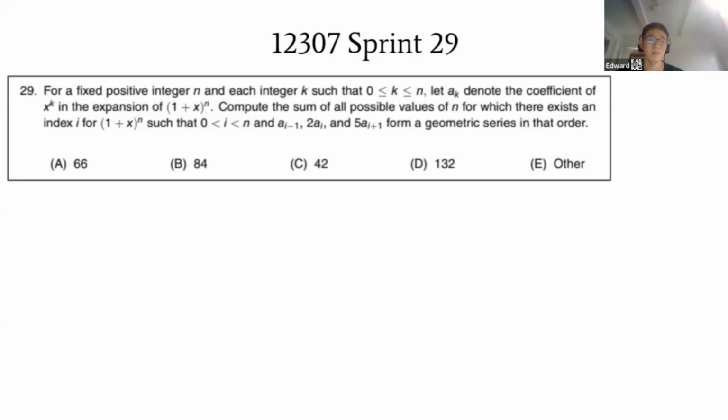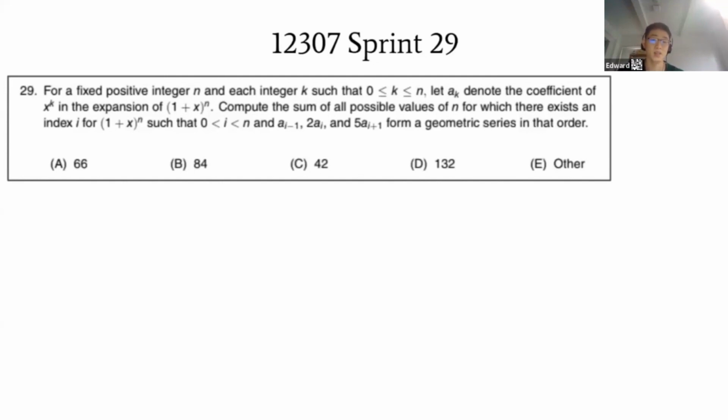So the question said that for a fixed positive integer n and each integer k between 0 and n, let a sub k denote the coefficient of x to the k in the expansion of (1 plus x) to the nth power. And we want to compute the sum of all possible values of n for which there exists an